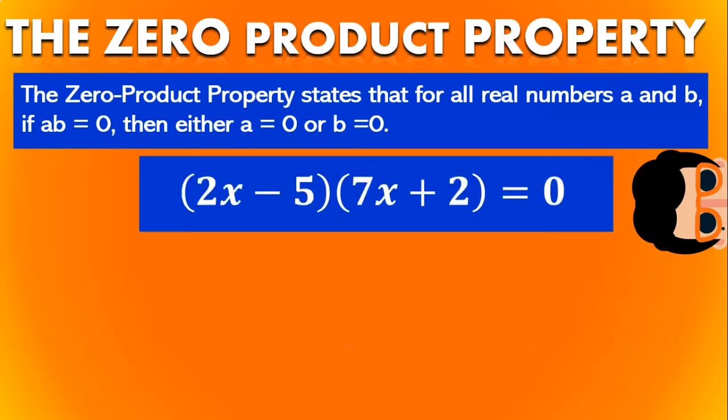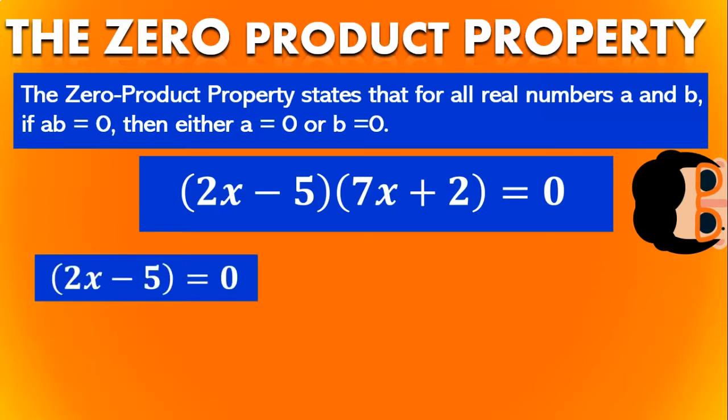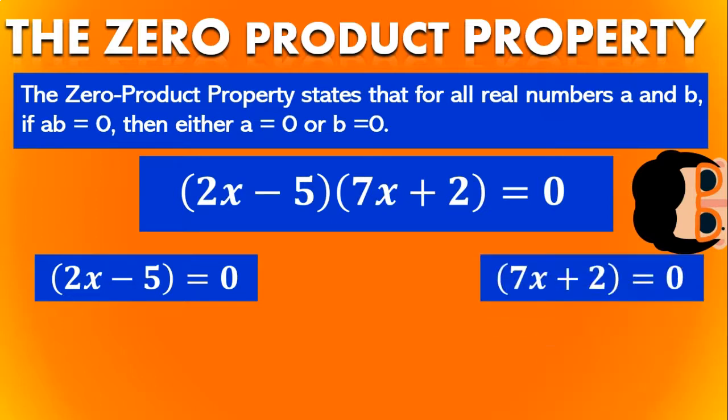So let's take a look at the following factorization, which is 2x minus 5 times 7x plus 2 is equal to 0. So because of the zero product property, that tells us that either this is going to be equal to 0 or that this is going to be equal to 0. So because we're not sure, we have to separate them both. So 2x minus 5 is going to be equal to 0, and also 7x plus 2 is going to be